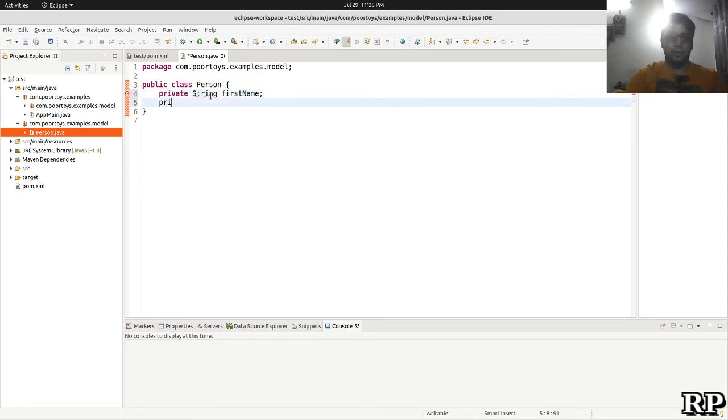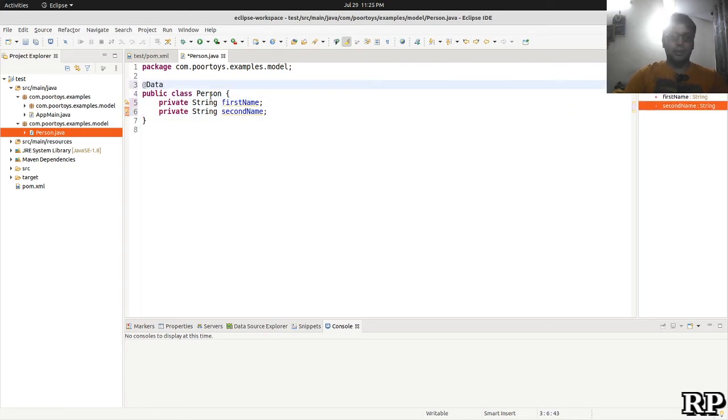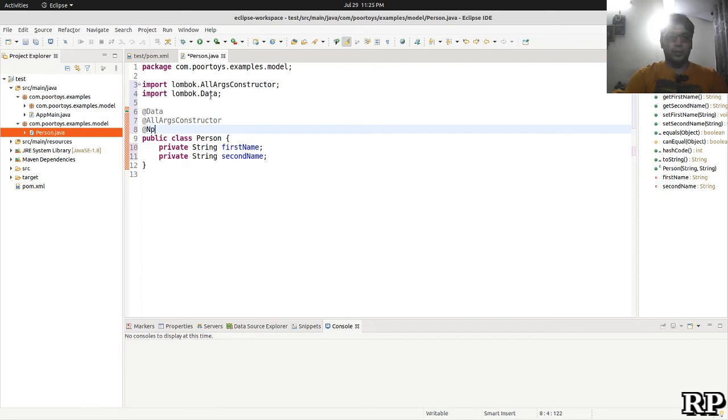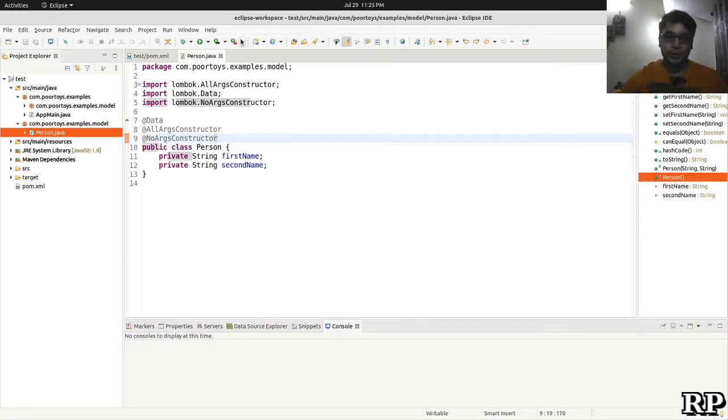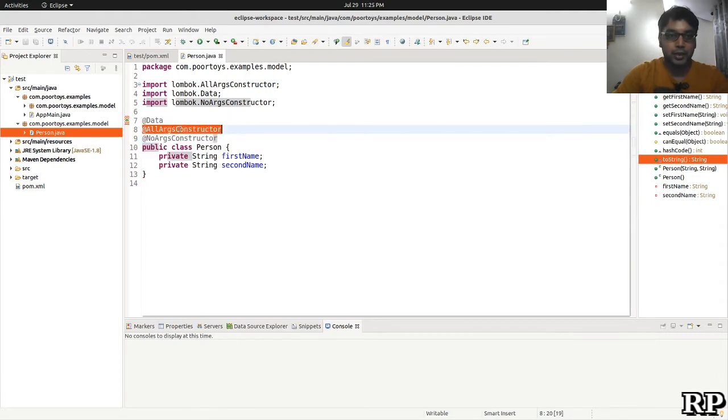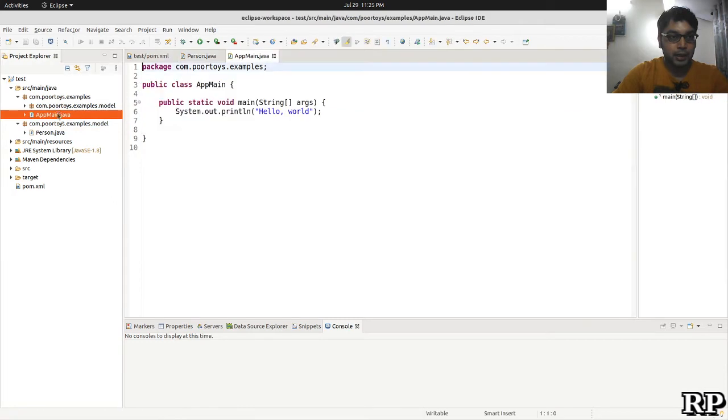First name, private, second name, and we annotate it with Data and NoArgsConstructor. I will cover in some other video how to use Lombok and what happens inside it when we are using it. So we are using it, and these are the Lombok classes, Lombok annotations, and I'm going to use it in this class.